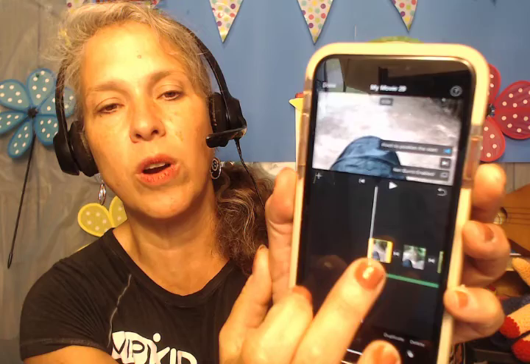So if you want to type something like a title, okay? I'm going to press on the first picture, and then it's going to highlight in yellow. Then I'm going to come down to the T for text, and it's going to give me some choices on how I want those presented. I am going to press reveal. It says title text here, so I'm going to delete the title text and put,